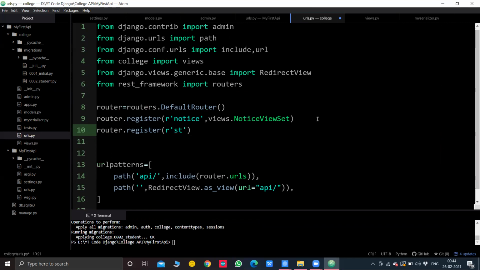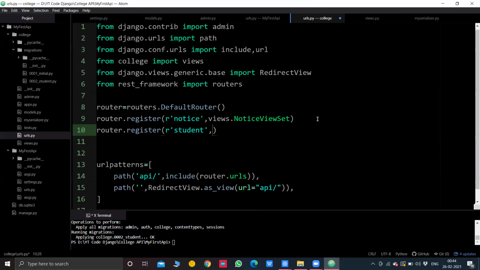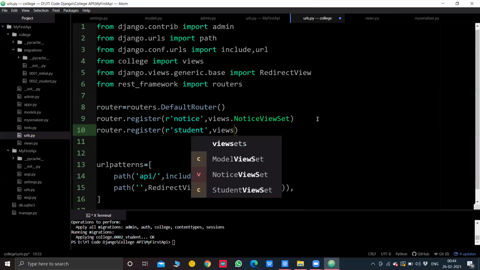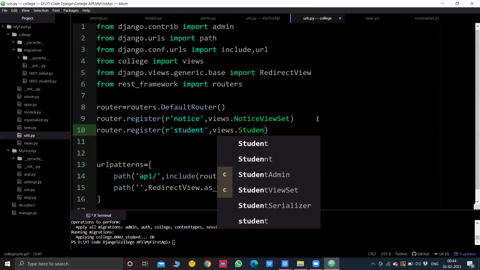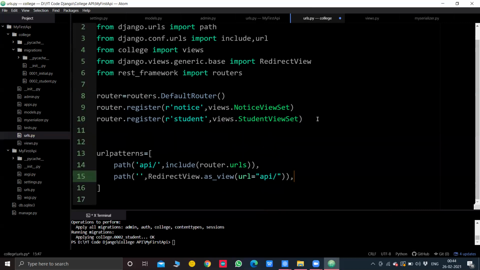We'll mention student inside. First there was notice, now student, and views.StudentViewSet which we created now. And inside patterns there will be no change. It will be the same.